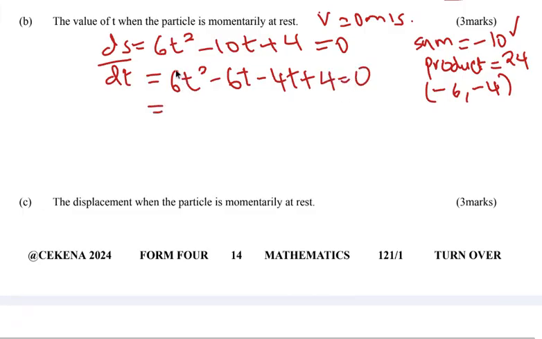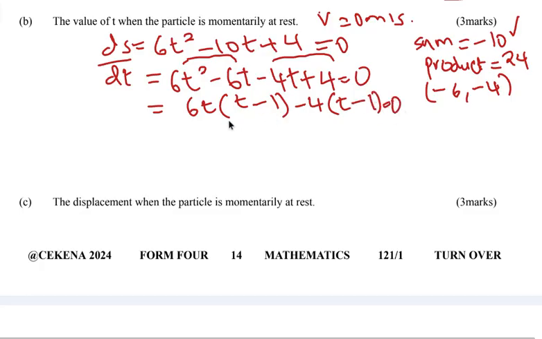And then we start factorizing. So the first group ambayo ni hii, the second group ni, so the first group the common factor hapa ni 6t into bracket hii divide by hii, t moja ondoka, tabaki na t moja. This divide by this is just negative 1. The common factor for these two is negative 4. If you factor this divide by this, utabakiwa na t peke yake, and 4 divided by negative 4, negative 1